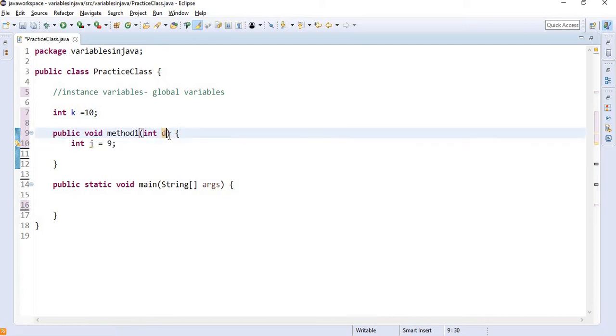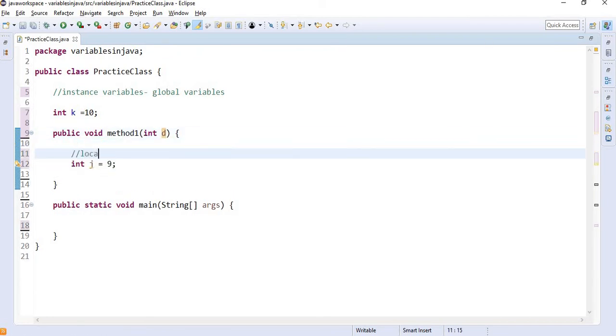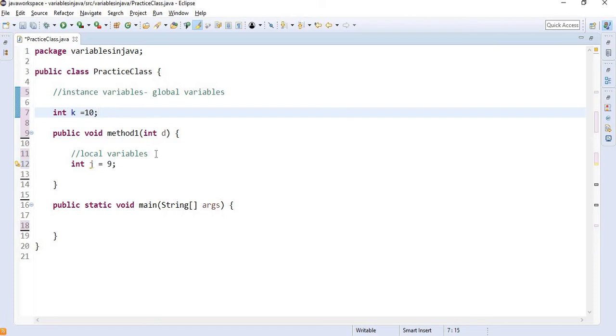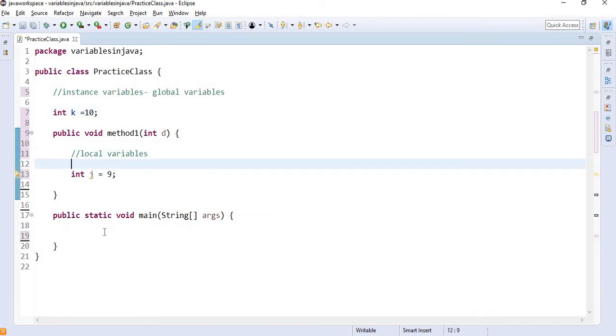So any variable declared within the parameter of a method or within the method is a local variable. And if any variable is declared at class level, then it is an instance or global variable.